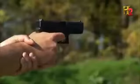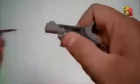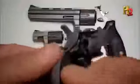Therefore, they can't take countermeasures to prevent its use. Backup pieces are usually quite small, often less than 6 inches in length. But when an officer wants to go tiny, he or she can turn to the .22 short. The .22 short mini revolver is the smallest production firearm being made today. This tiny gun is only 4 inches in length, and it weighs just 4 ounces. It can be hidden almost anywhere on the body, even in places you wouldn't even want to